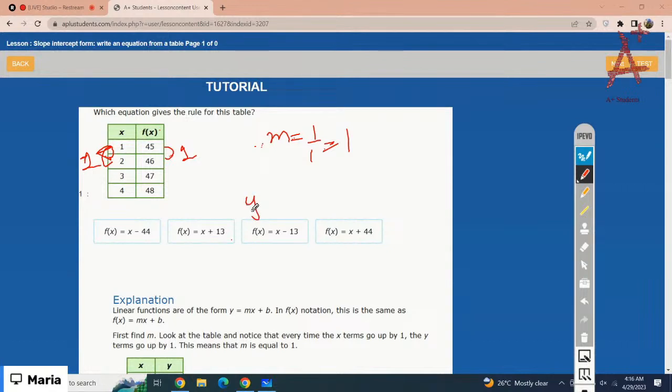So you can use the equation y equals mx plus b. Select any point. Like for example, I'm going to select 3 and 47. Put the point in the equation. X is 3 and y is 47. So 47 equals 1 times 3 plus b. So then b equals 41 minus 3. Sorry. Here you have b plus 3. B is added, so you need to move it to the other side. So 41 minus 3 is,